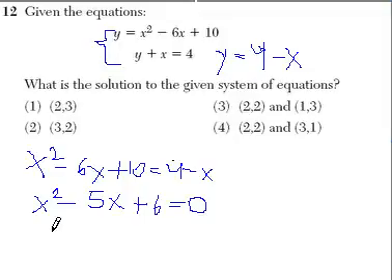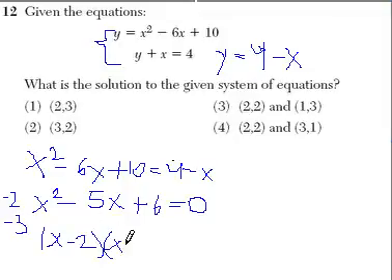So, if you think about it for a few minutes, you will be able to easily figure out that those factors would be negative 2 and negative 3. Because when you multiply negative 2 by negative 3, you'll have 6. And when you add them, you'll have negative 5. So we can write this equation as x minus 2 times x minus 3